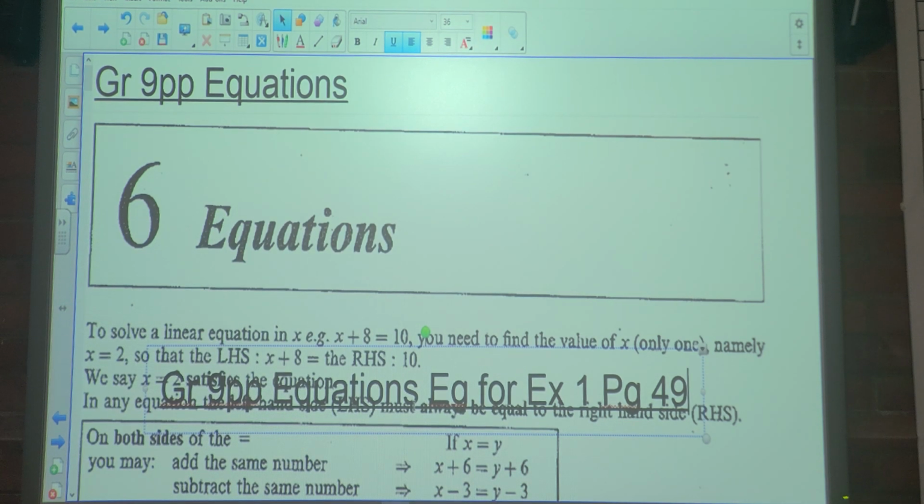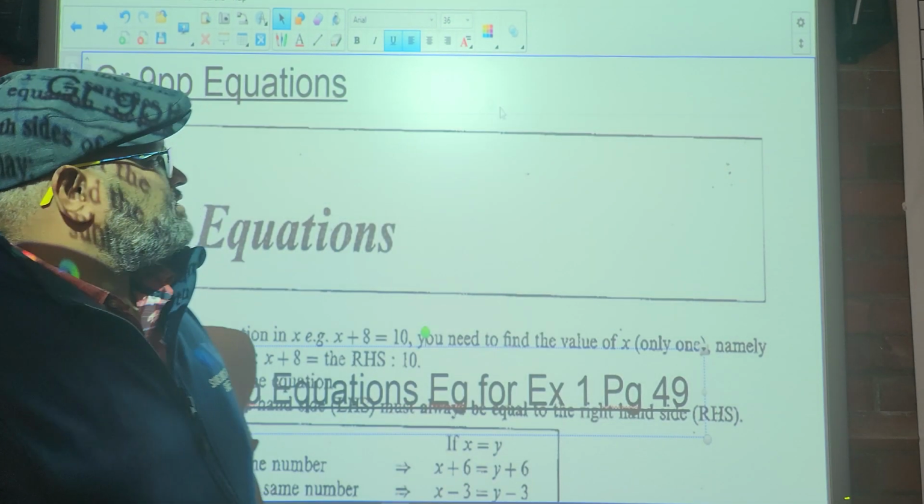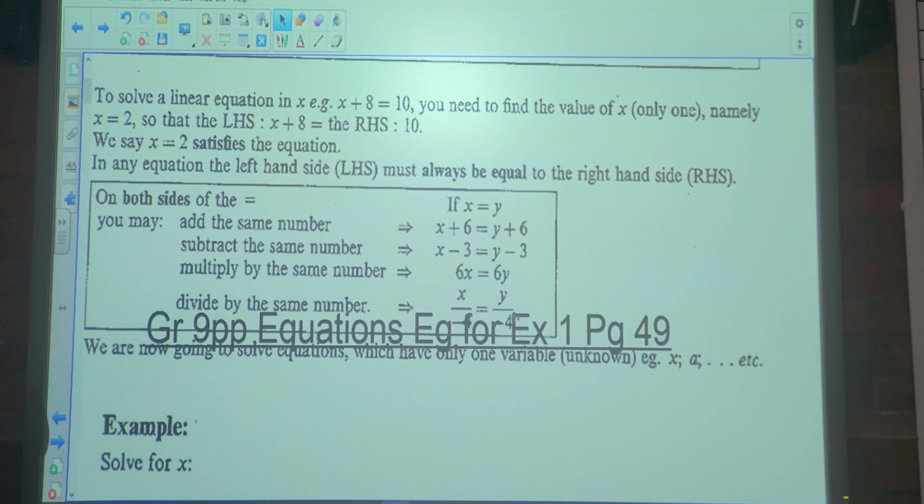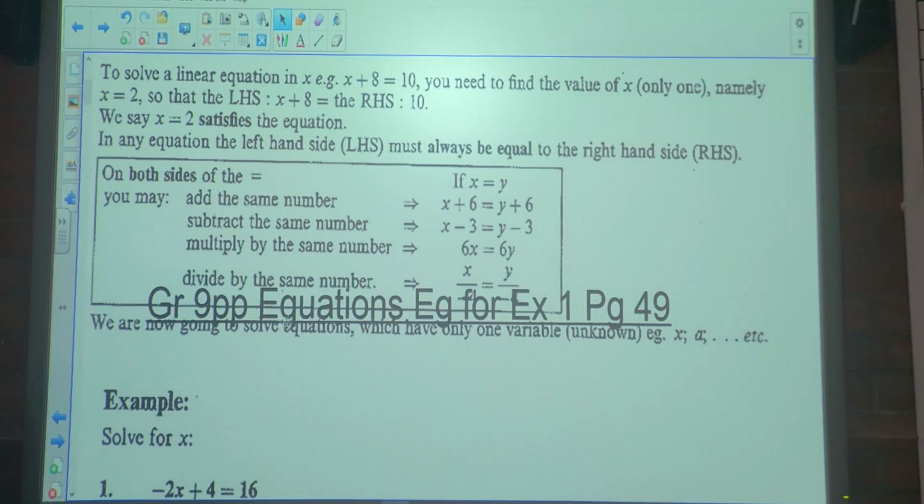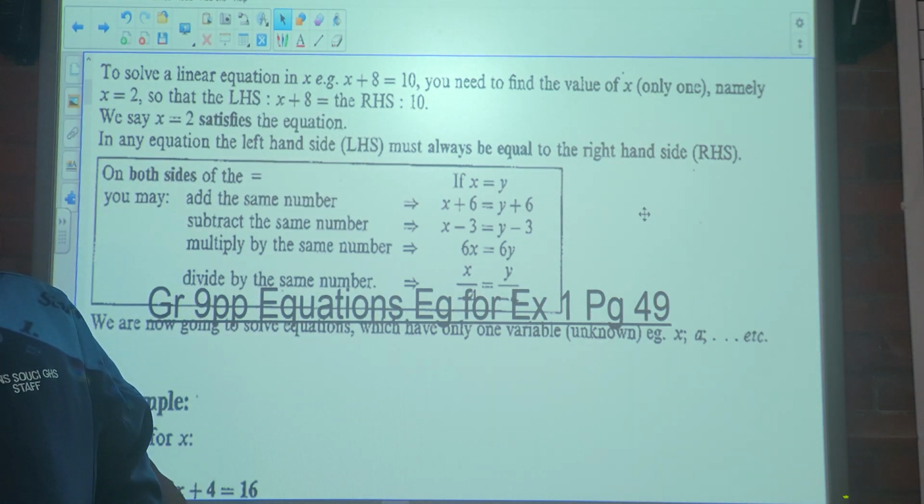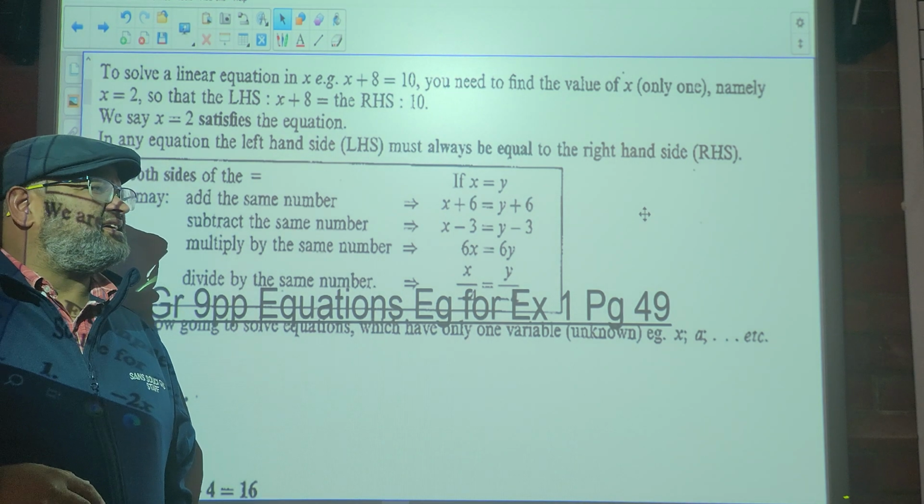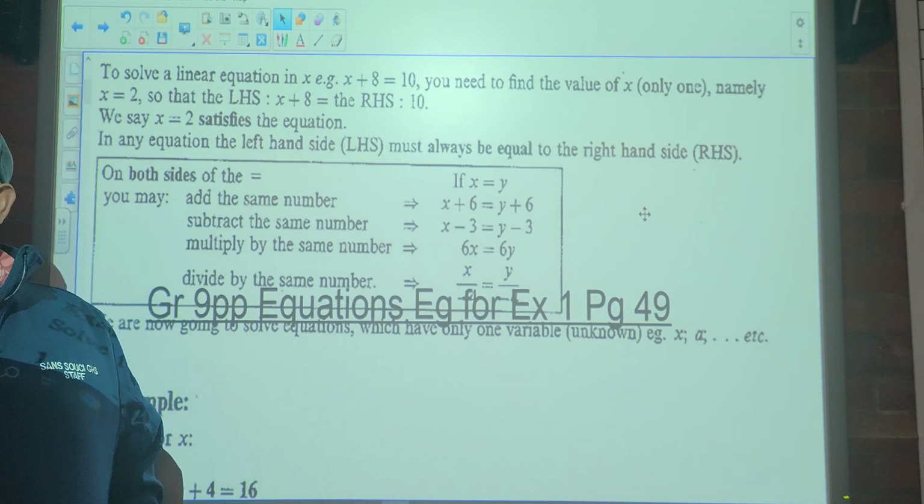Okay, so today we're looking at the equations. Looking at the examples for exercise 1. So exercise 1 is very similar to grade 8 linear equations. So solve a linear equation, example x plus 8 is equal to 0. You need to find the value of x, only one, namely linear. Okay, linear means the x to the power 1. Later on, we're going to do quadratic equations, which is x to the power 2. Remember trinomials? That leads into quadratic equations, and we have done another type of equation, which is